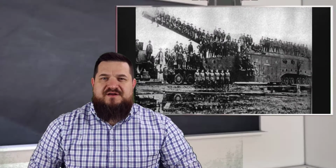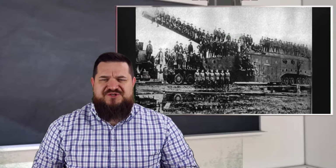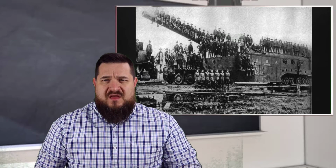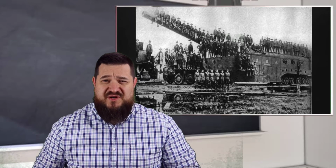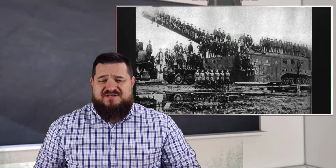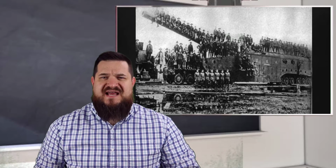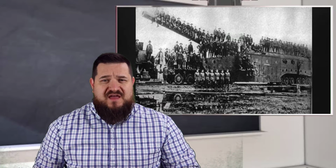This thing right here is called a railroad gun. Think about a battleship. Everybody knows basically what a battleship is. A big boat with huge guns that stick out of it. Well, somebody got the brilliant idea to take that huge gun, instead of putting it on a ship, and put it on a railroad car. These things were massive. They would shoot up to 14-inch diameter projectiles filled full of explosives, and they could be